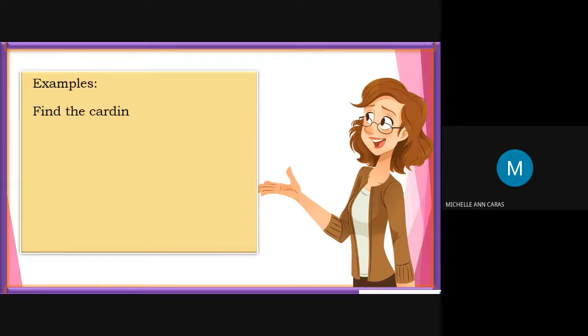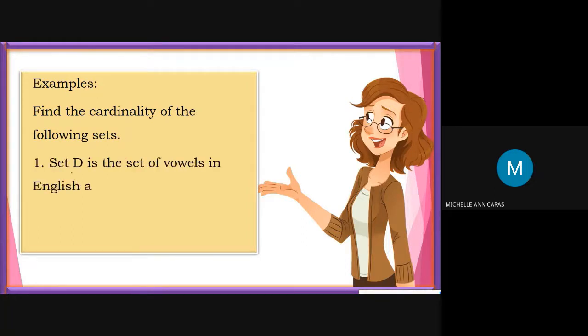Okay, next example. Okay. Find the cardinality of the following sets. Okay, number 1. Set D is a set of vowels in English alphabet. So, ano ba itong vowels sa English alphabet? So, we all know that itong vowels sa English alphabet includes A, E, I, O, U. So, kung i-list down natin itong vowels sa English alphabet, amin siyang iya nga elements. Kung bilangon ni siya natin class, kaya ginastoryahan ta is cardinality or refers to the number of elements ng given set,